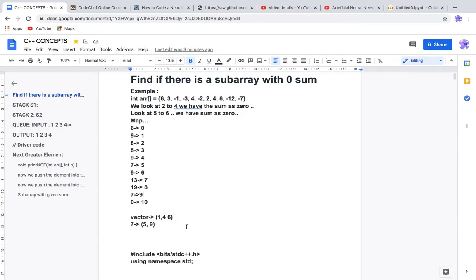Let's see how we can find out. Here is a trick. Suppose we have a sum like 9: 6 plus 3 is 9, right? After some indexes we again get 9 as the sum. It means that from index 2 to 4 the sum is 0, because the sum was 9 here and the sum is 9 here also.